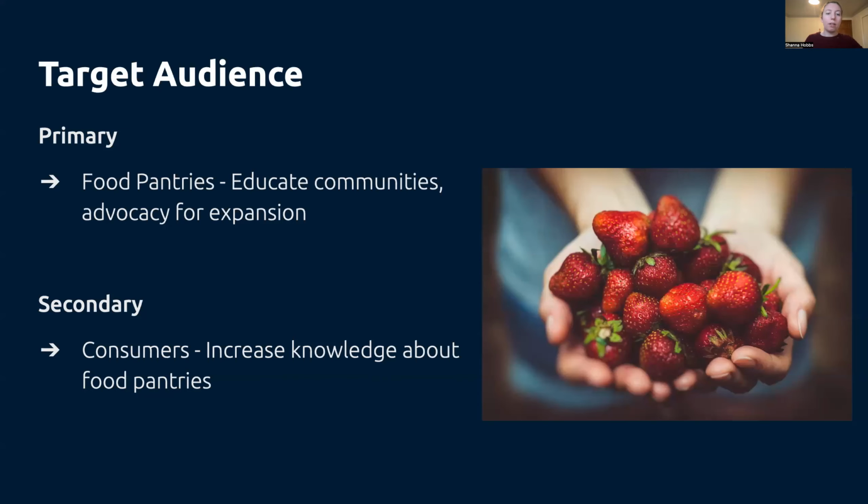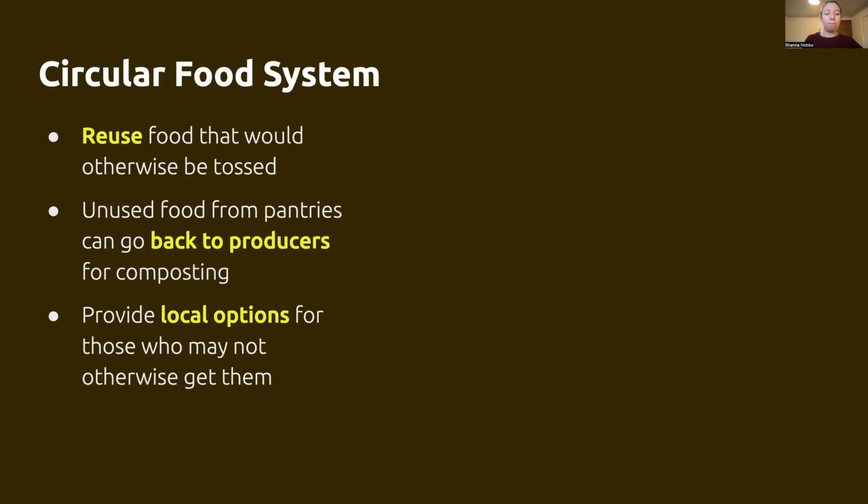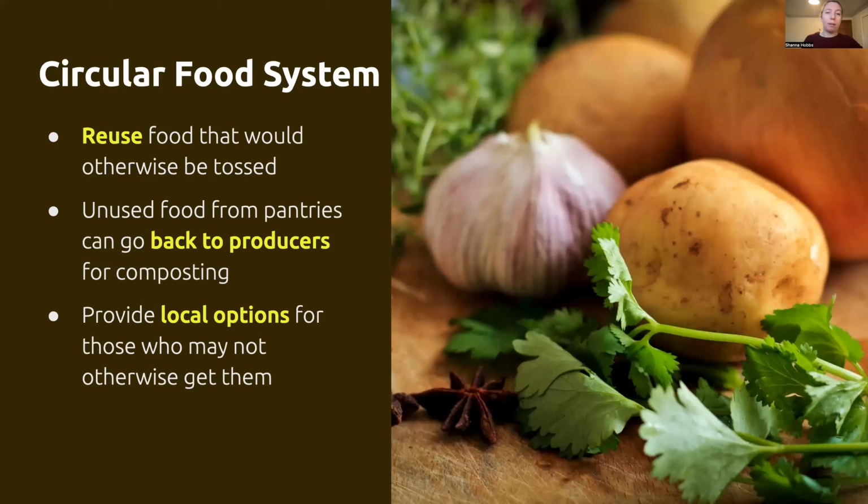So there were two main target audiences for this application. There was the food pantries themselves, providing them a tool to educate communities and to advocate for expansion. And then there was the consumers. And food pantries are actually a pretty important role for the circular food system. Perhaps most obviously, they promote the reuse of food that would otherwise get tossed. They will also sometimes work with producers to compost unused food, and they provide local opportunities to people who might